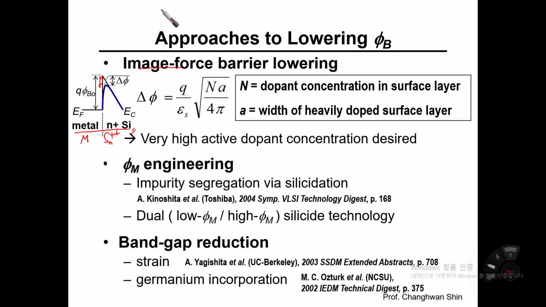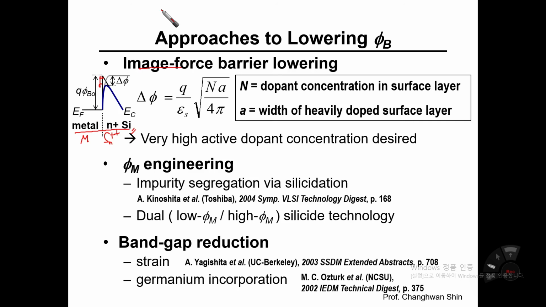Okay, so the basic idea of image force is that once an electron exists near the interface between metal and semiconductor, the electrons in the metal side can also be pushed away because of the force coming from that electron. But it is not a real force, it is an imaginary or image force. Okay,